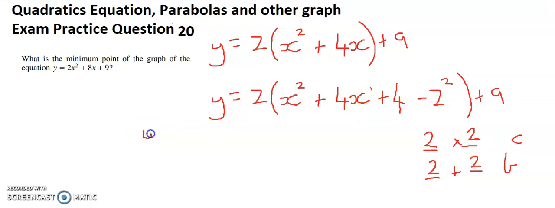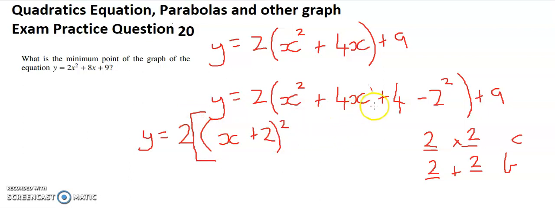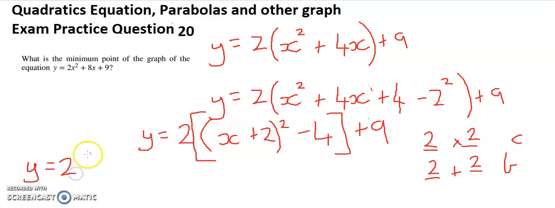So I can rewrite my equation now as y equals 2, I've got x plus 2 in brackets squared. I've got bigger brackets because I've still got my minus 2 squared, which is 4, and my plus 9. I'm going to times my 2 by the brackets, but I'm just going to write it as 2 with brackets x plus 2